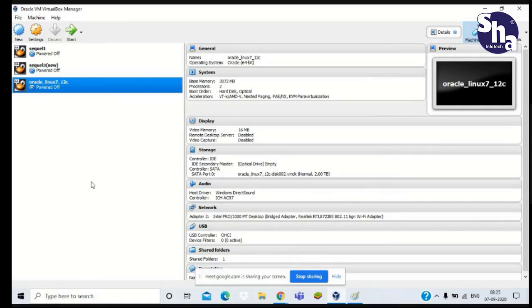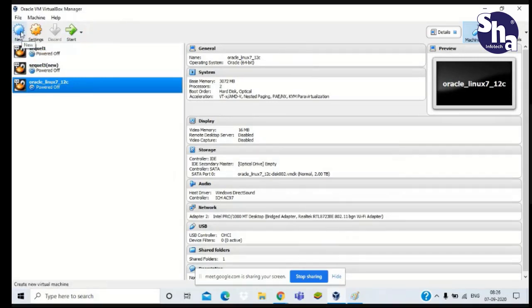So let us start with creating our machine first. Our first step is to open VirtualBox. Everyone knows, simple. Just click on the VirtualBox icon and you will see this screen. Next, come to the New option.